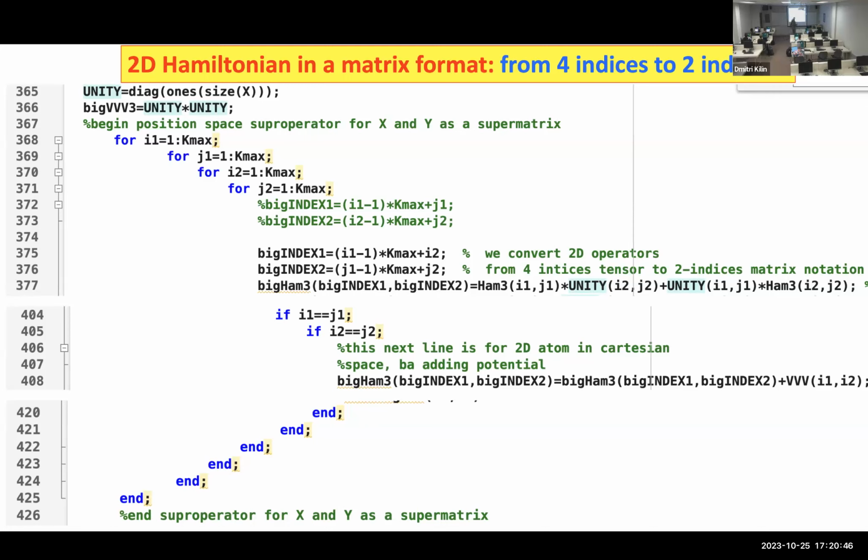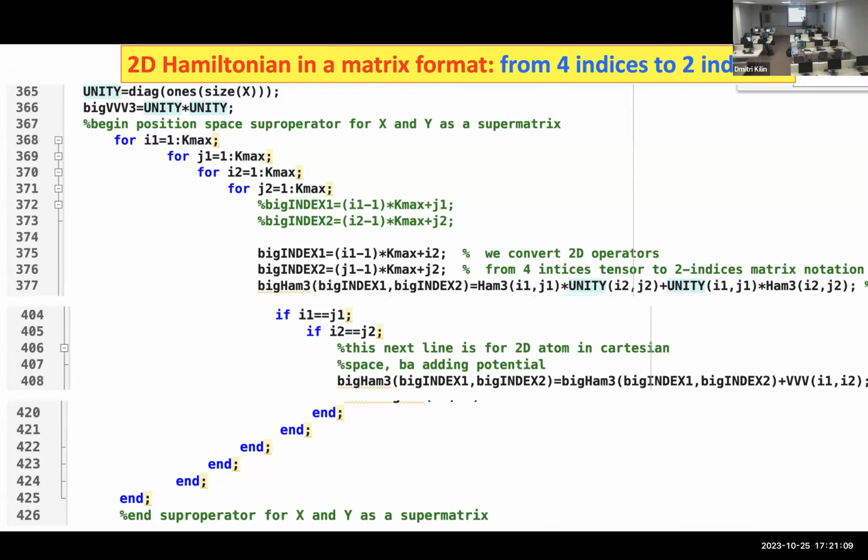Therefore, here is Hamiltonian 3, which we defined before, kinetic energy with respect to X dimension, I1, J1. And then with respect to the other 2 indices, it is an identity operator. It is defined here. It's like a matrix with ones on the main diagonal and zeros elsewhere.